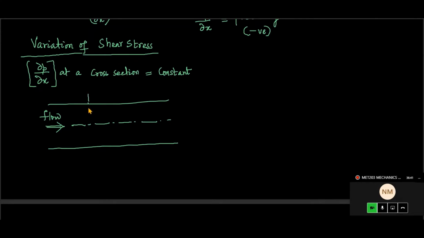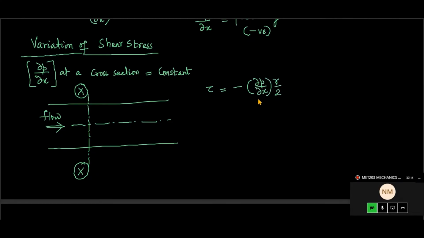So we are asked to plot, consider a section like this, say XX. We are taking a sample section, and the pressure variation, dou P by dou X, is essentially a constant. So therefore, the relation, now let me write: minus tau is equal to minus dou P by dou X into R by 2. Listen carefully.